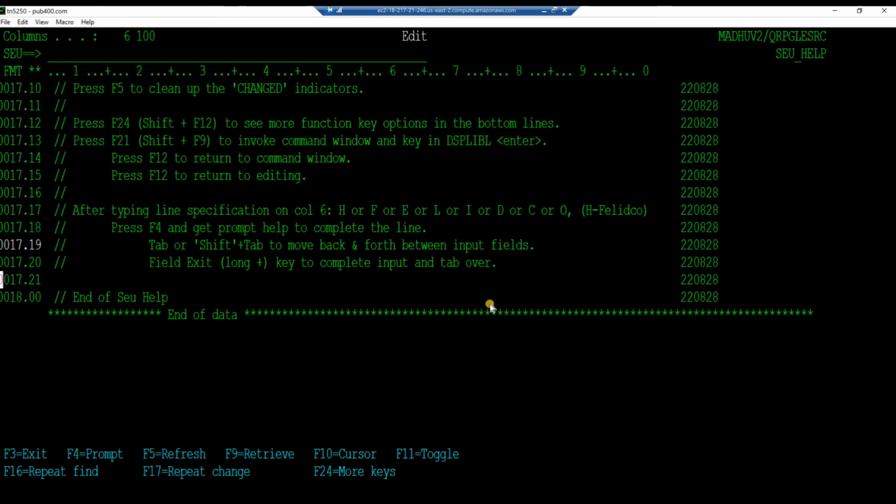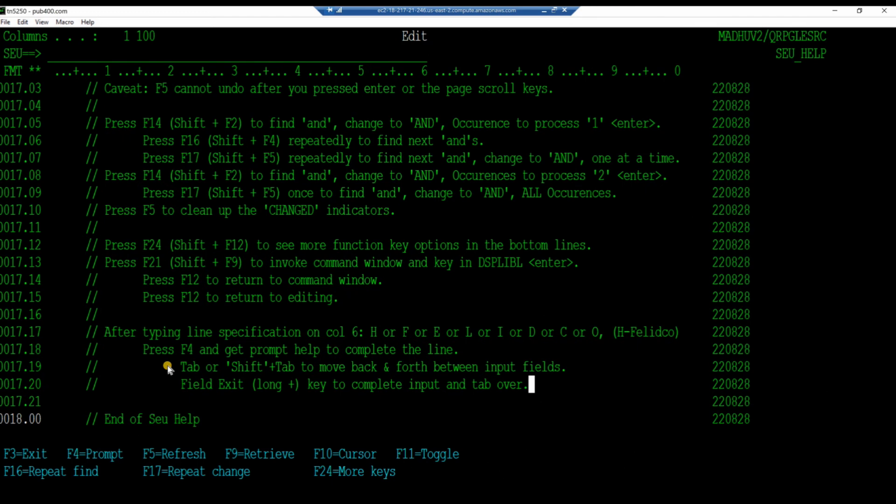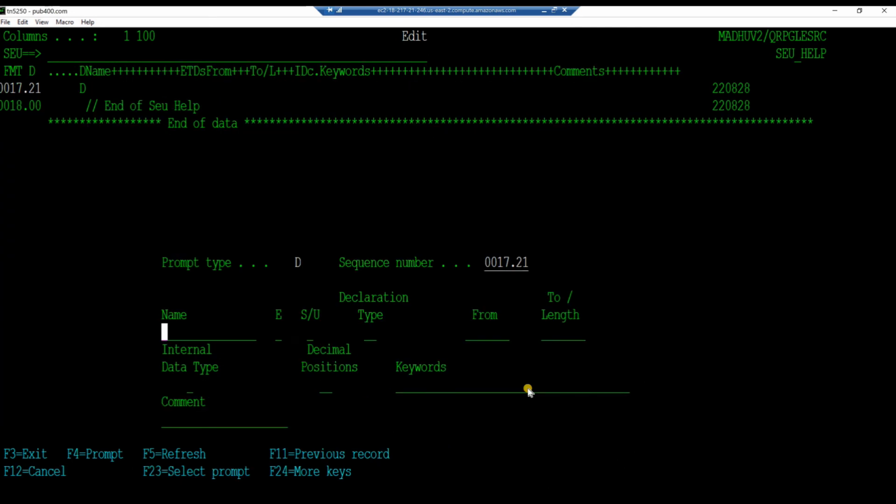Let's try this. Tab, tab, column 6. Let's try these. Tab over, tab, right arrow, column 6. Let's key in a D for DSpec and take a prompt F4. Let's give a name, test_var, tab, tab, declaration type S for standalone, tab, tab, length, let's say 5, field exit, data type S for zoned, 2 decimal places, field exit, tab, comment, testing,